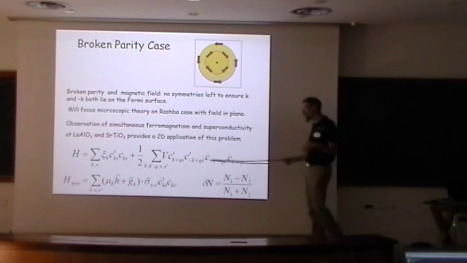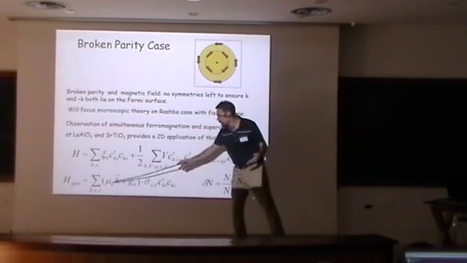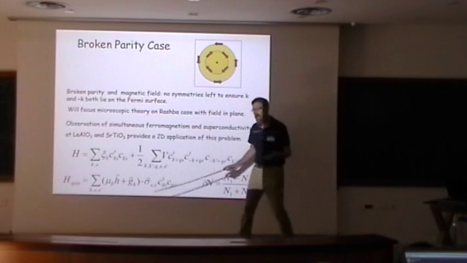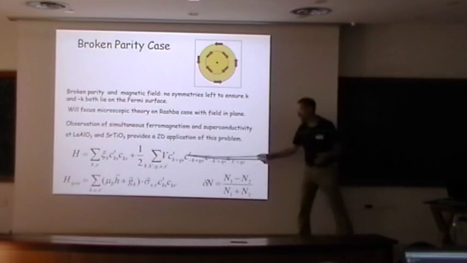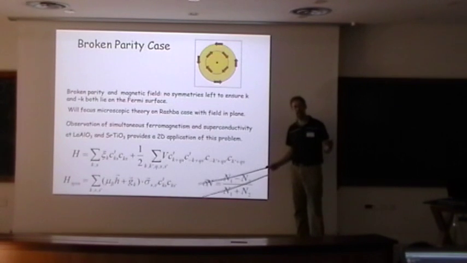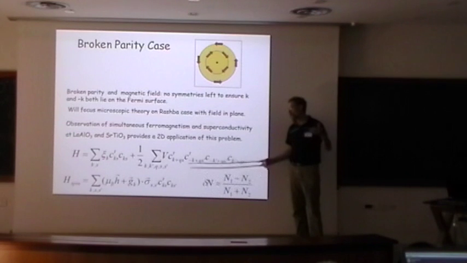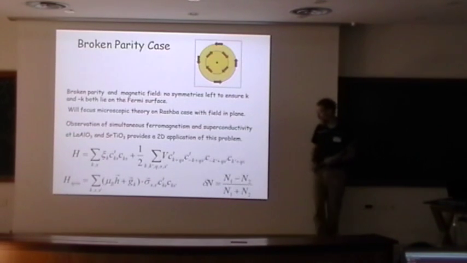Now you can go through essentially the same process. Of course, I add a Zeeman field and I add a spin-orbit field as before. You can go through the same process. It's much more complicated because of this finite momentum. Your Green's functions don't carry a single label k, but they carry 2 labels, k and k prime, and you have to solve for that system of Gorkov equations. But it can be done.